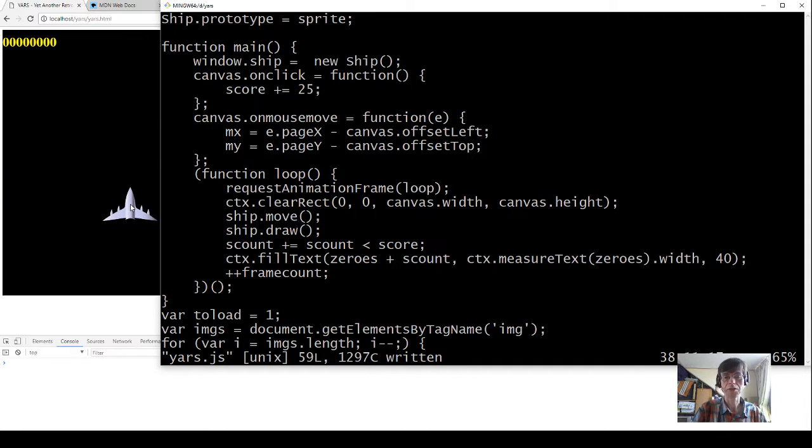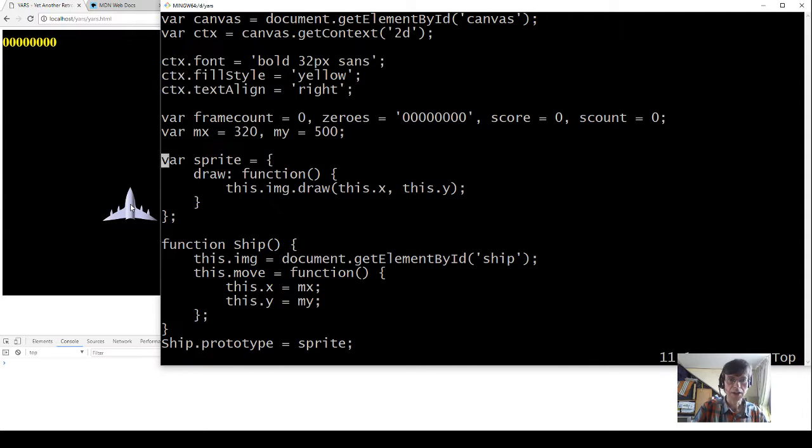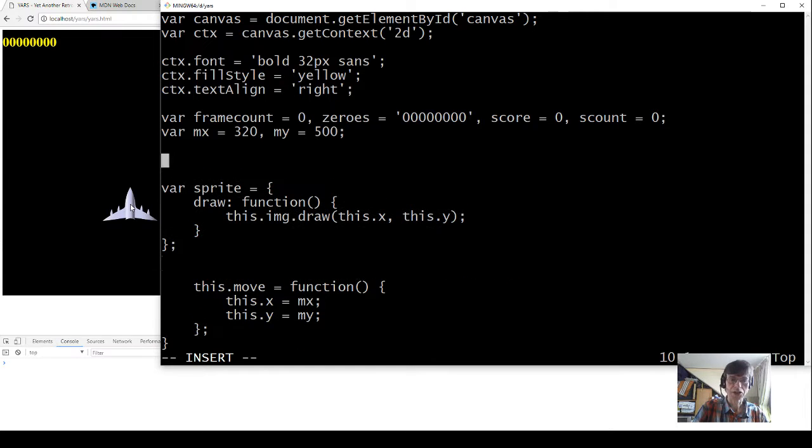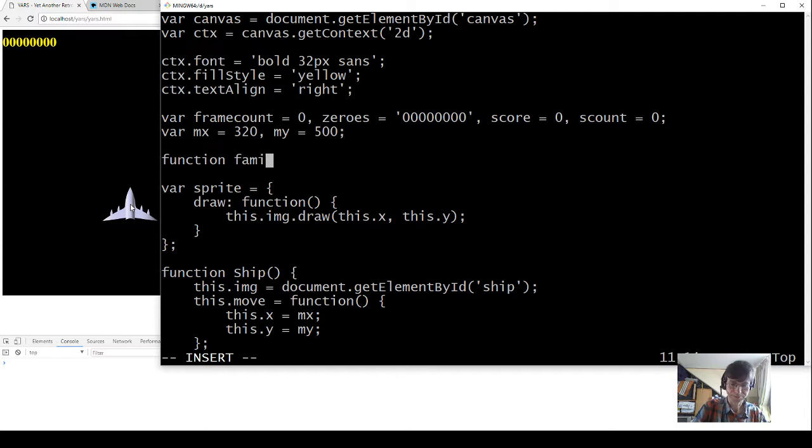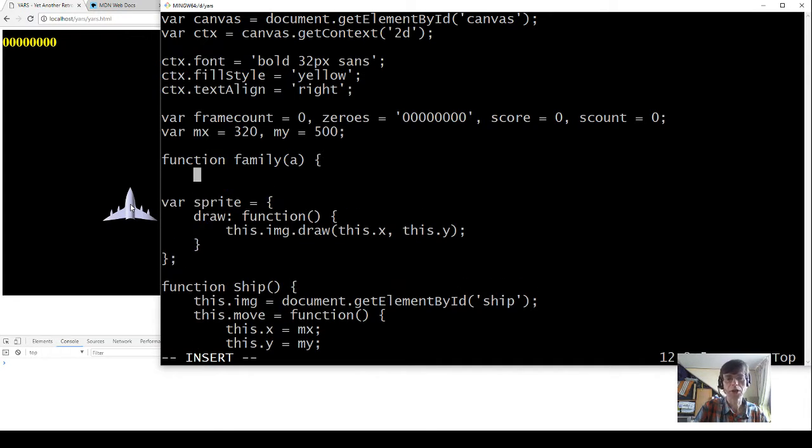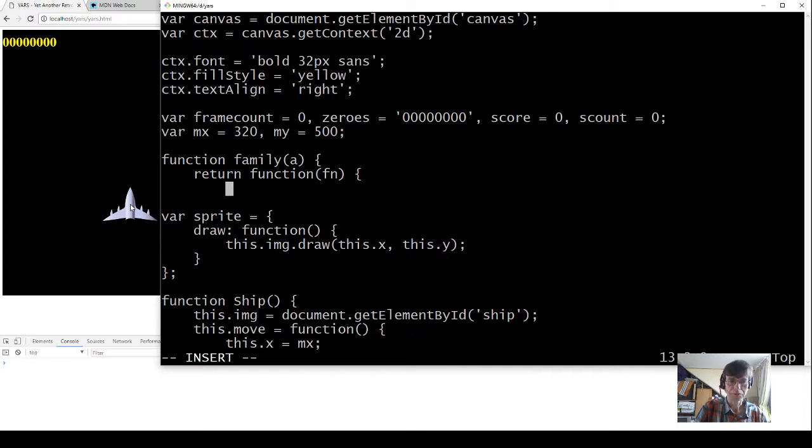But again, if we have a lot of sprites, that also becomes tedious. So I'm going to go one step further and introduce groups of sprites, and I'll call them families. The family function will accept an array of sprites, and then it will return a function that will accept as a parameter some kind of function name or method name that it will then apply to every sprite that's in that array that we passed it. So we'll get every sprite, get that method, call the method,